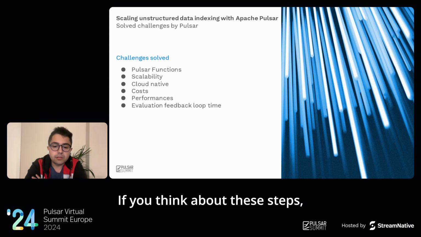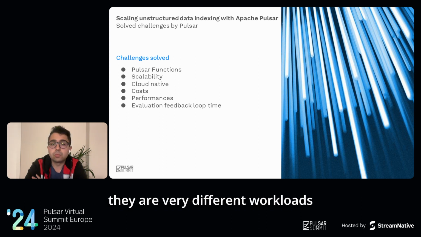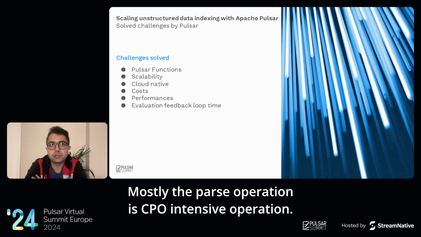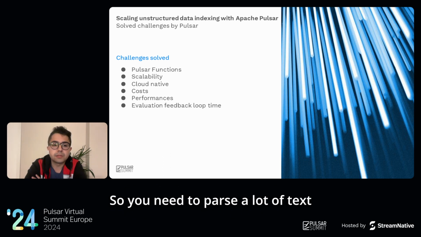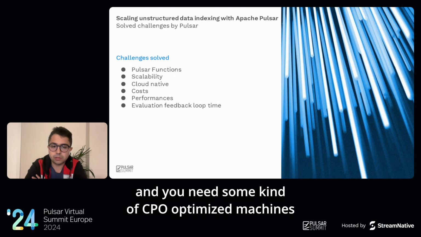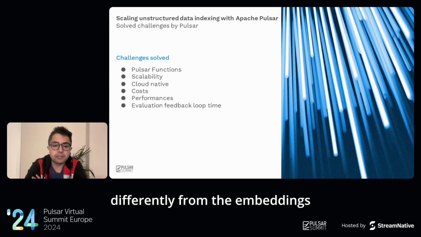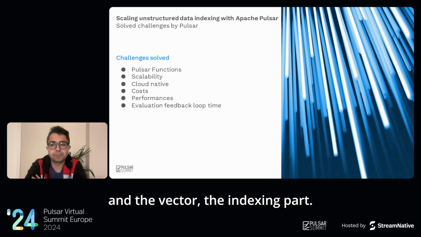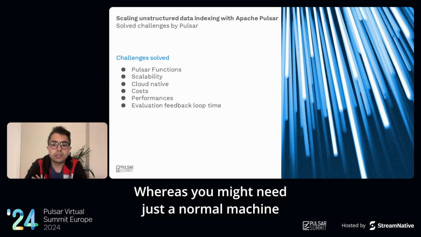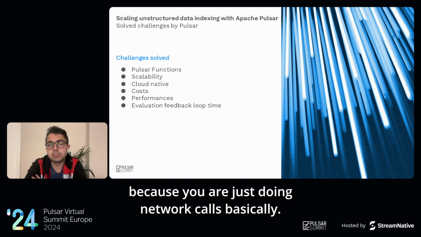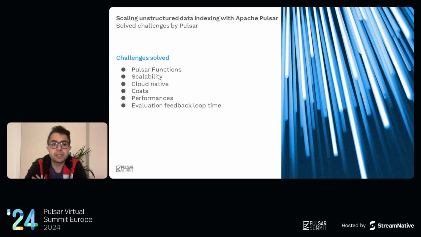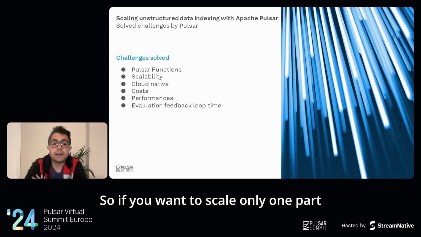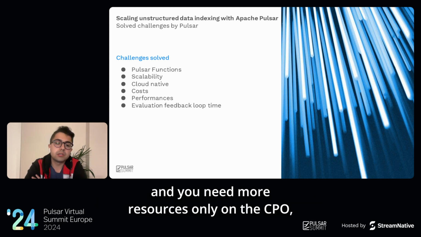If you think about these steps, they are very different workloads. Like the load and parse operation, mostly the parse operation is a CPU intensive operation. So you need to parse a lot of text, and you need CPU optimized machines, differently from the embeddings and the vector indexing part, where you might need just a normal machine because you're just doing network calls basically. So if you want to scale only one part and you need more resources only on the CPU,